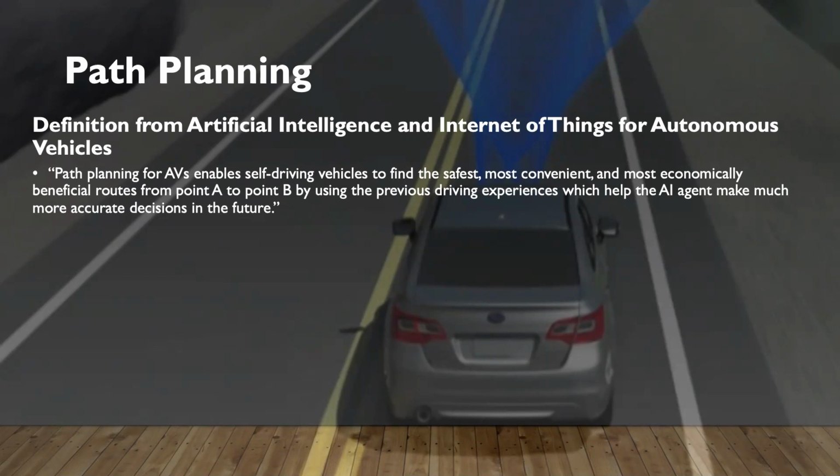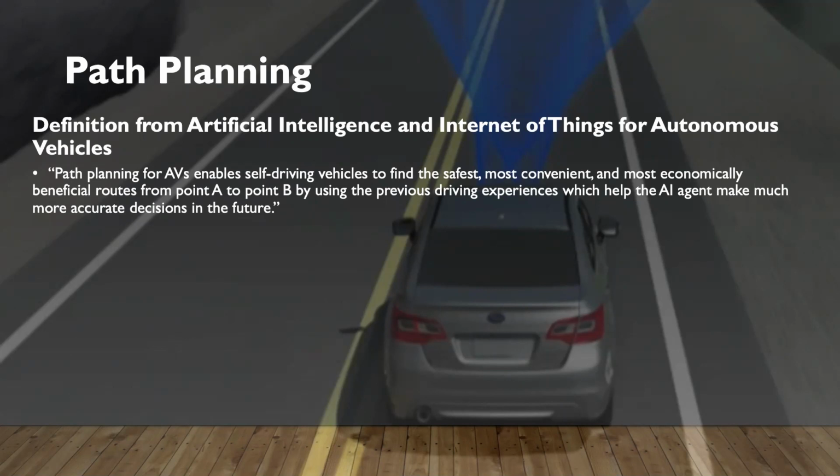Planning branch of artificial intelligence is very important for algorithms. While executing the path planning task, which is a dynamic task, it can consider many factors and solve optimization problems. The definition of path planning, which is given in the Artificial Intelligence and Internet of Things for Autonomous Vehicles book in 2019, said that path planning for AVs enables self-driving